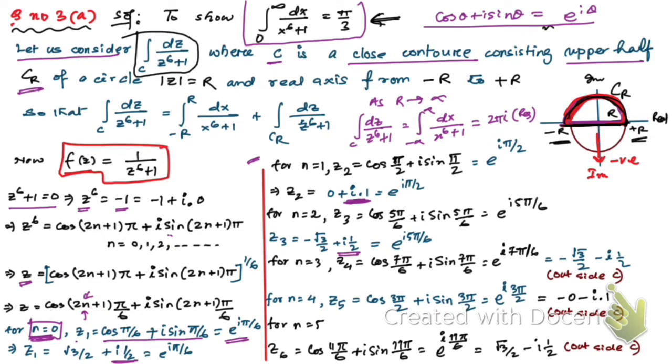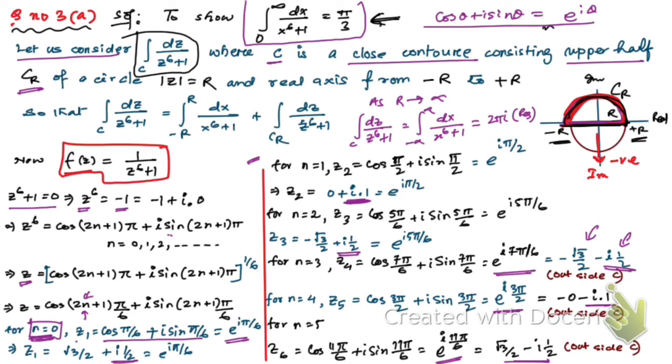But here you see, in these three results, e to the power i 7 pi by 6 is equal to minus root 3 by 2 minus i half. So here the imaginary part is negative, and in the next pole, e to the power i 3 pi by 2, here also it is minus i, and e to the power i 11 pi by 6 is also equal to this,